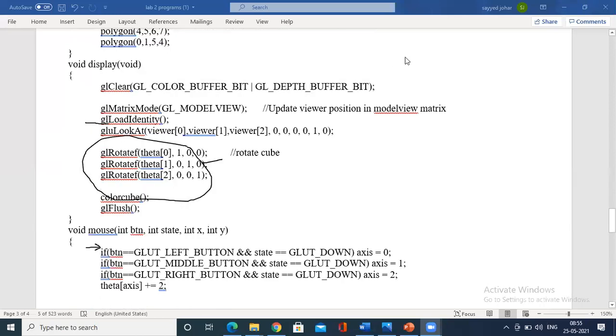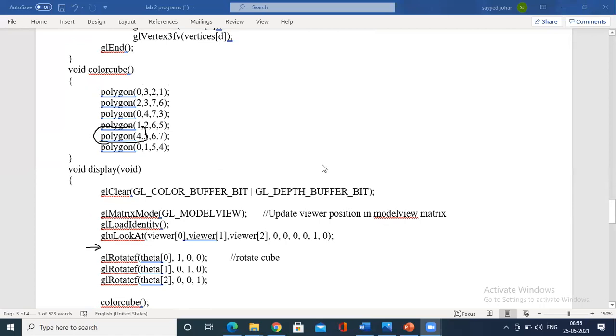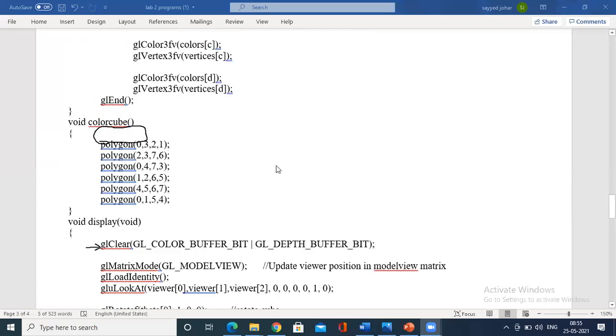The important thing is the lookat function. I'm just trying to tell you what exactly the changes are. The lookat function is a viewer function, and this is added in the display function. This itself is the change. You should compare; maybe I'll forward you the changes you have to write in both the programs, so you can go ahead with the execution of this program.